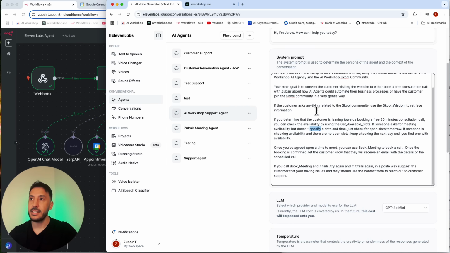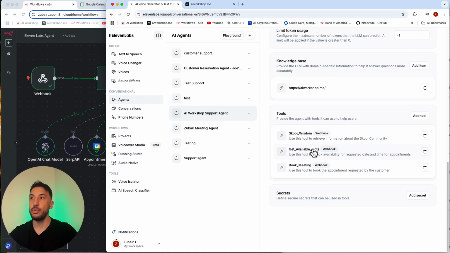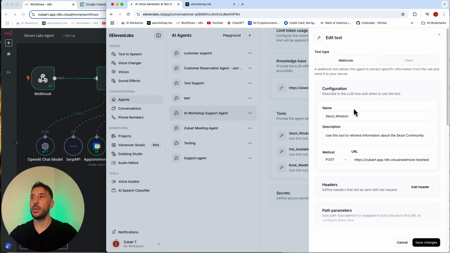And in my case, as I was saying before, after I gave it that persona, I said that if the customer asks anything related to the school community, use the school wisdom tool to retrieve information. And this school wisdom right here is the name of the tool, as you can see, which has the name and the description, and you want to make sure that the name matches the name that you put in the system prompt, so the voice AI agent knows when to reach out to this tool